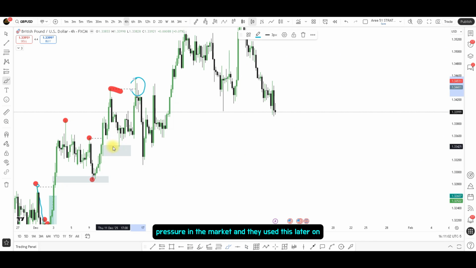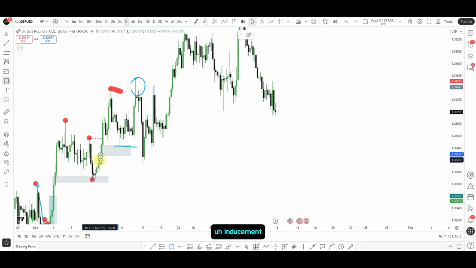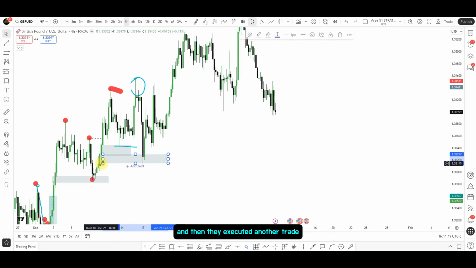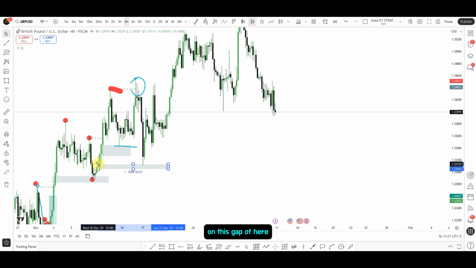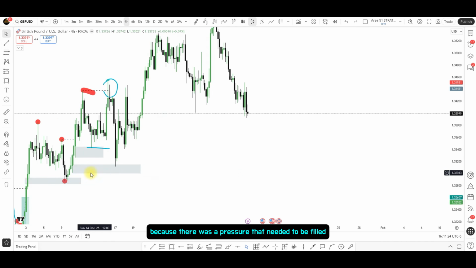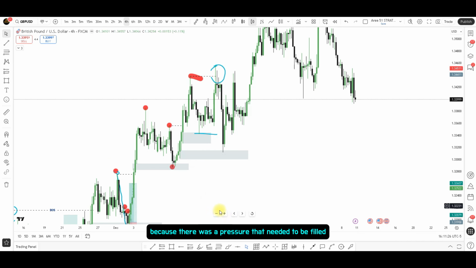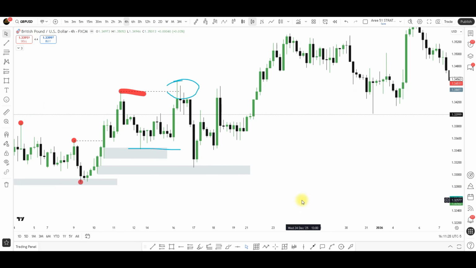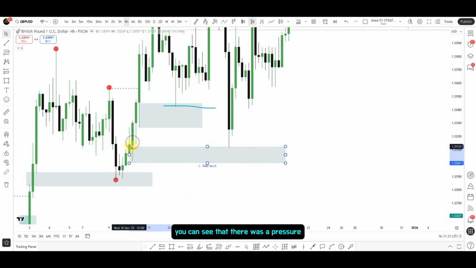Sellers pressure in the market, and they used this later on. Or of course, you already took your trade anyways, but later on, the sellers came into the market aggressively, using this as a liquidity hunt or stop loss. What do you call it? Inducement, and then they executed another trade on this gap over here because there was a pressure that needed to be filled anyways. You can see that there was a pressure and this was an imbalance